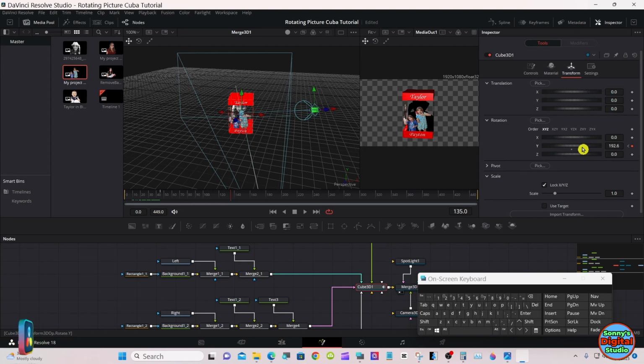And rotate it to 180. Now take it to frame 180.